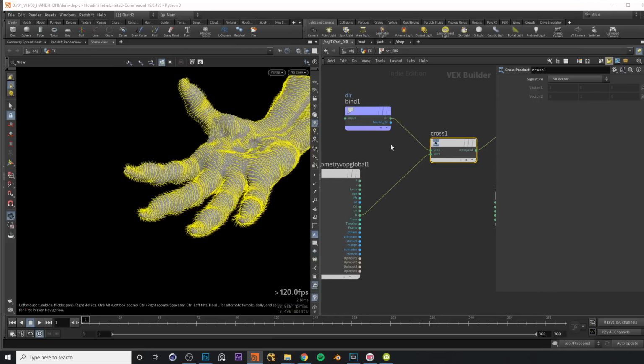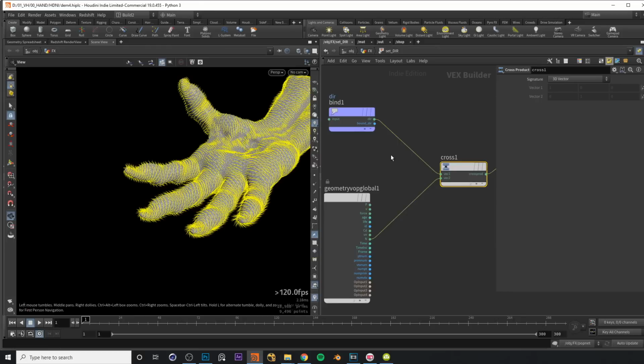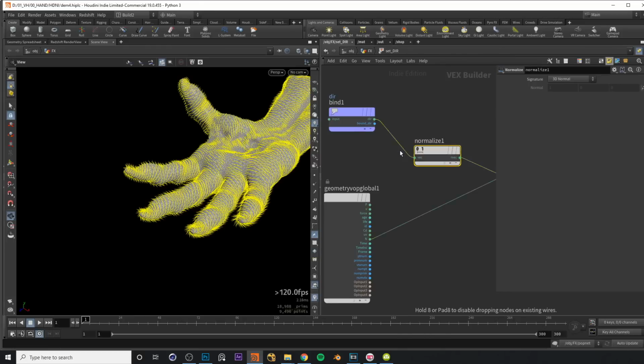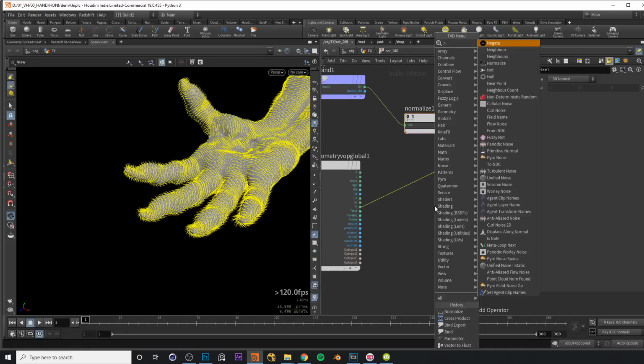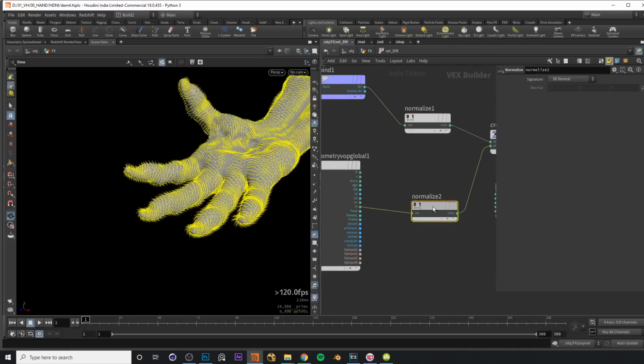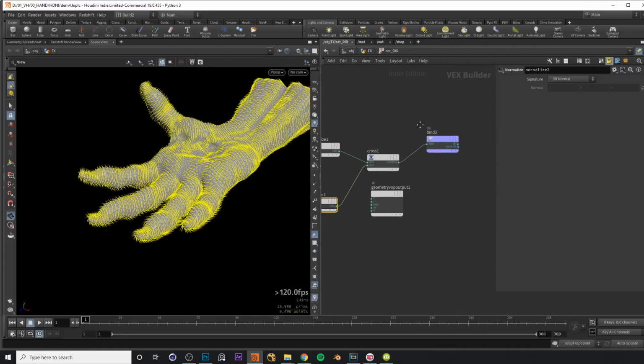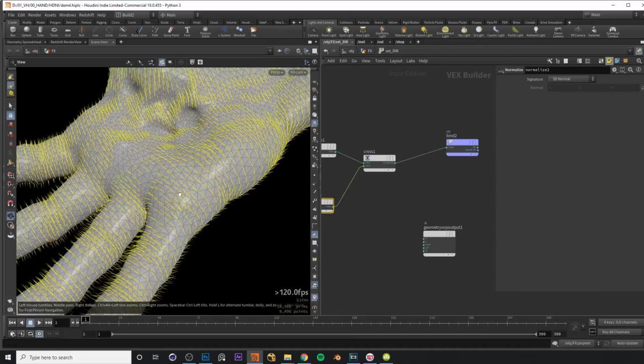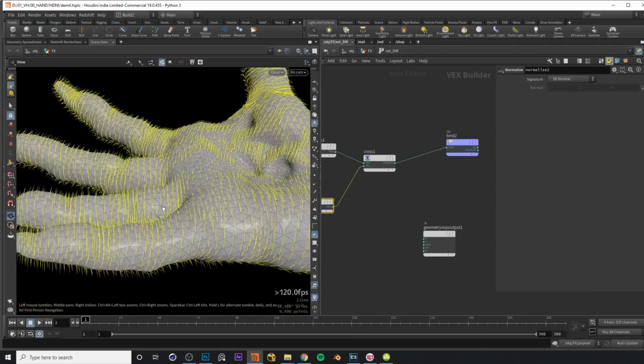So whenever you create a cross product, you usually want to normalize the vectors that you're using. So let's normalize both of these, and this will just ensure that they're both a scale of 1, so that the cross product will be a consistent value for all the points. Okay, so now the direction that we generated is simply going around the hand and around the finger,